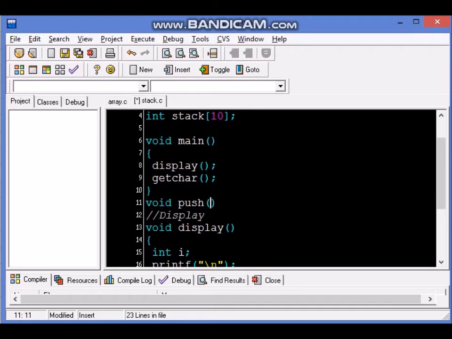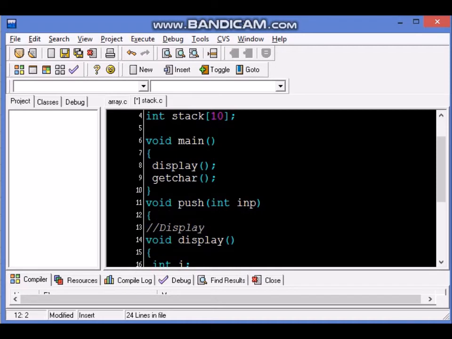We need to pass a value. Let's say we pass the value 23 into it. A variable input, and we need to store it in the stack.